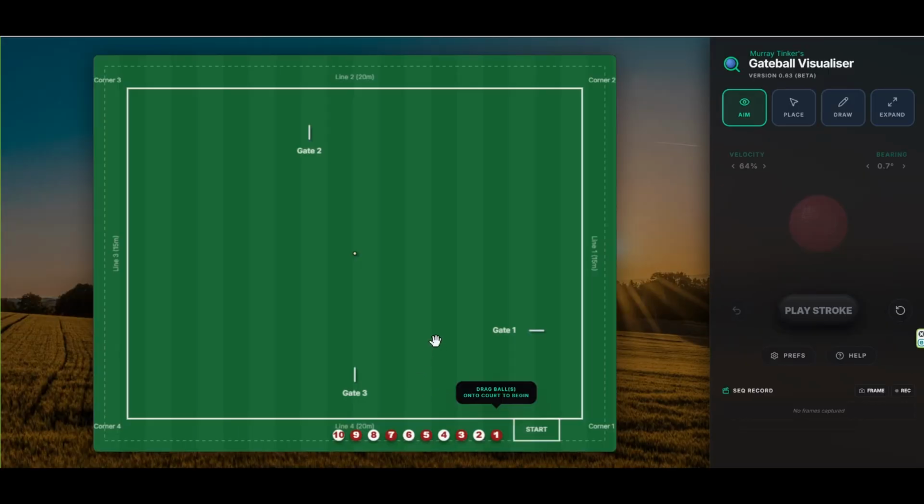Right, we're now going to have a look at how to play a slide and visualize it with this ghost ball function that I've built in. So first we select aim, okay. We put a couple of balls on the lawn. Let's put them here. So we are going to play this 2 ball onto the 1 ball as a slide to set ourselves up in front of gate 3. So we select the 2 ball,